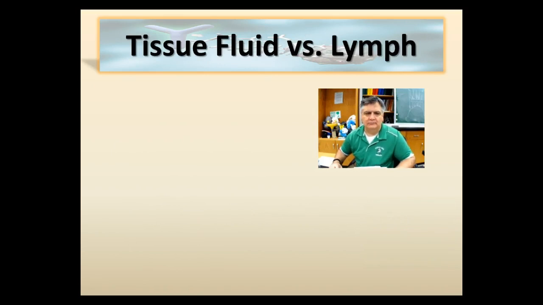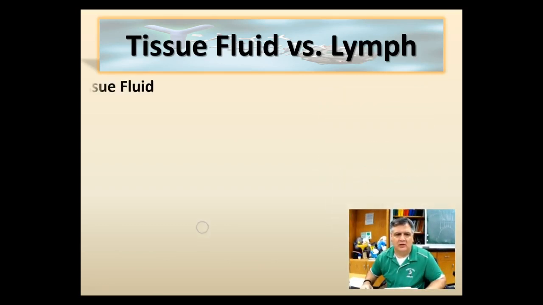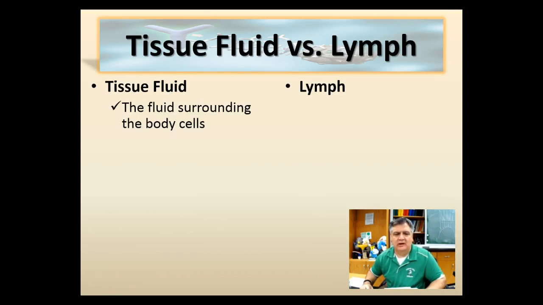Okay, next up, let's take a look at the difference between tissue fluid and lymph, because we're going to be talking about that a lot as we go along. Let's begin with tissue fluid. Tissue fluid is defined as the fluid that surrounds the body cells. It is derived from plasma. So on the arterial side of the capillary bed, when the water squirts out, it bathes the cells. Remember I talked about that little puddle of water. That puddle of water with a lot of nutrients and other things that we've talked about in it is what we refer to as the tissue fluid.